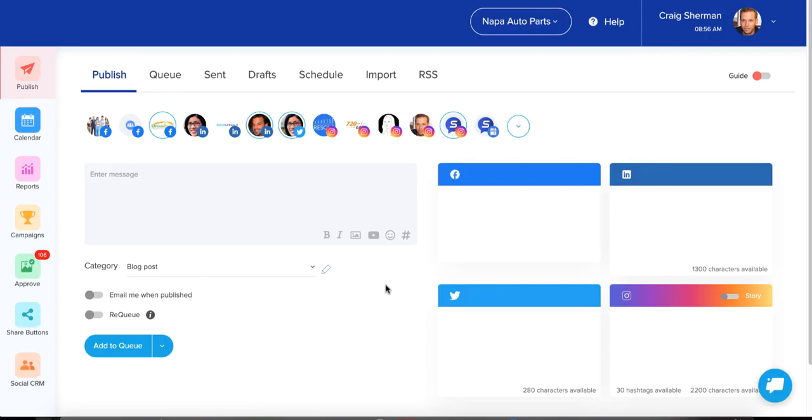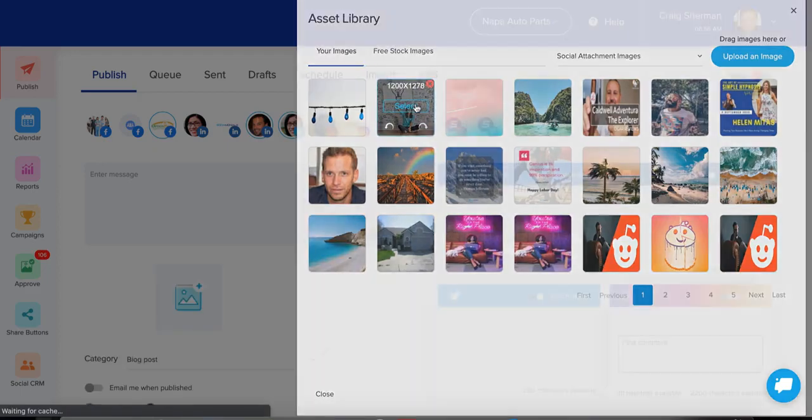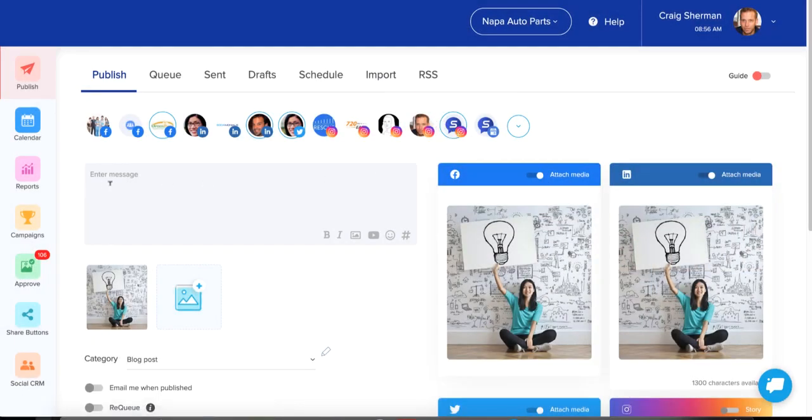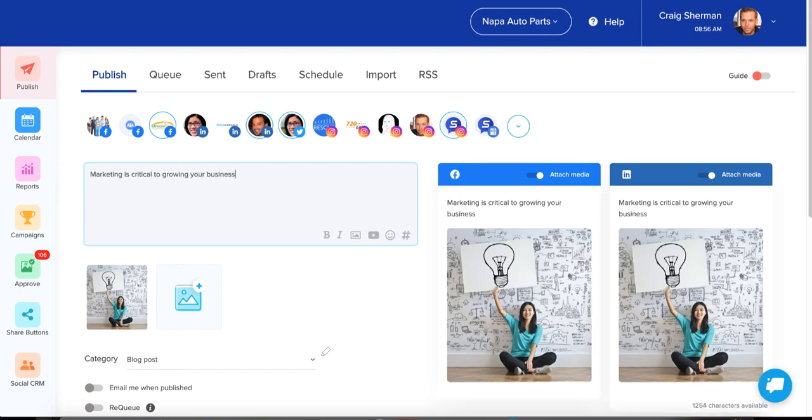I'm going to show you how to use this particular feature, and let's do that by adding a post, and I'll show you how easy it is to start adding hashtags. So I'm going to grab an image, and let's just start typing out here. At this point, I might want to start adding some hashtags. So what I want to do is click on the hashtag icon and select the hashtag group that pertains to